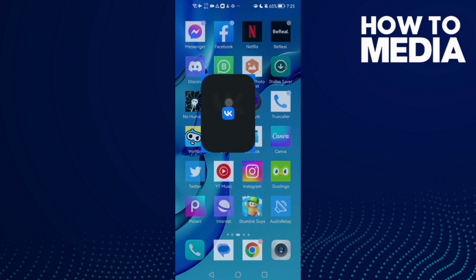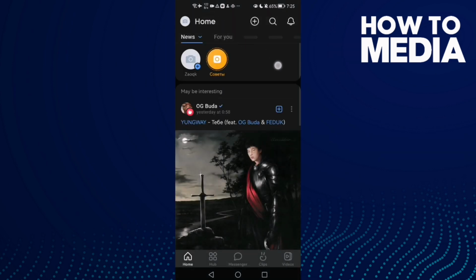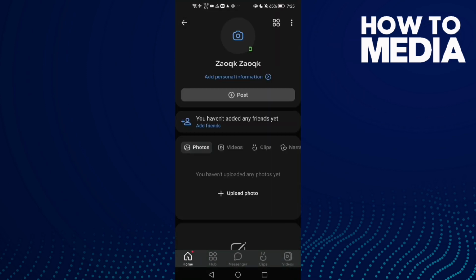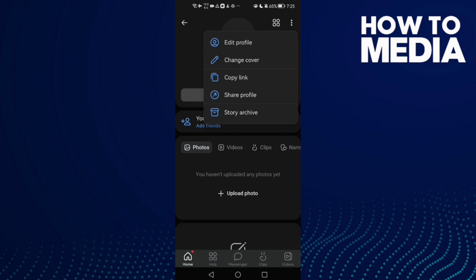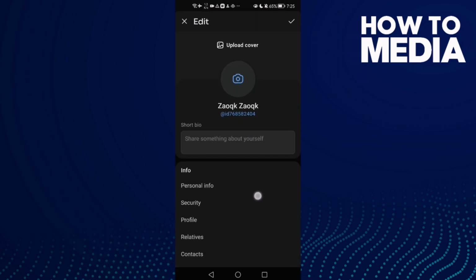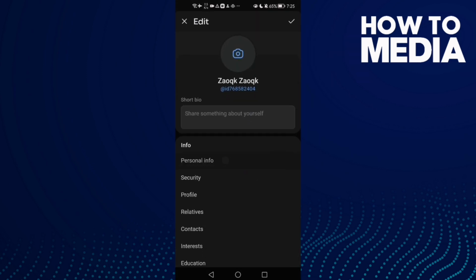First open VK, and now click this icon here, click on your profile and then click these 3 points and click edit profile, and here we'll find personal info. Click on it,